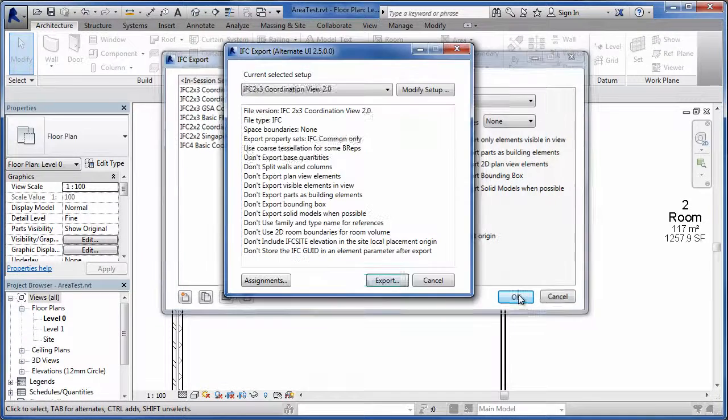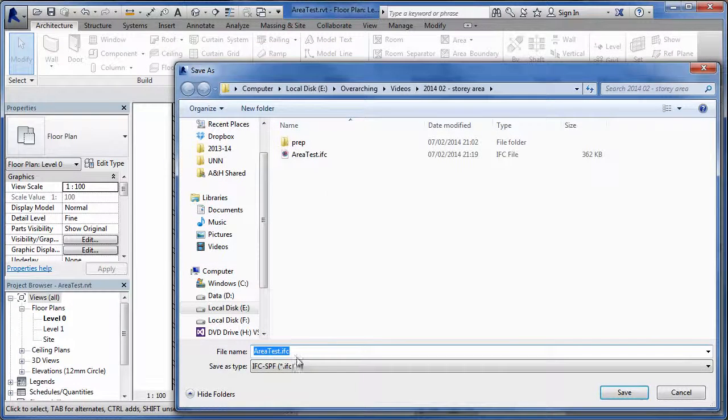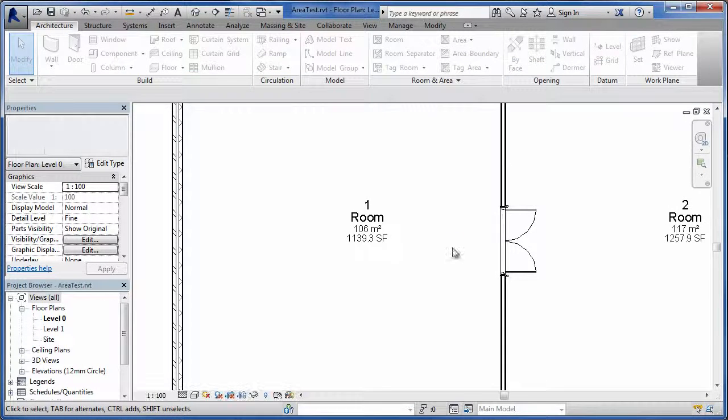So if we now confirm this and export the file again, we will give it a different name, area test with properties,